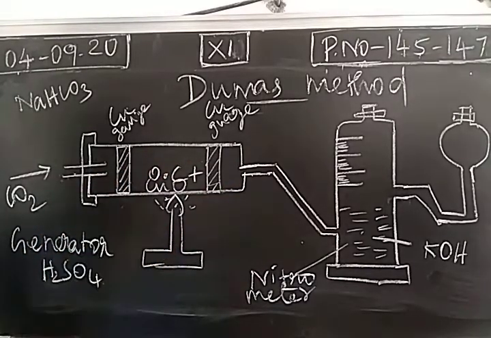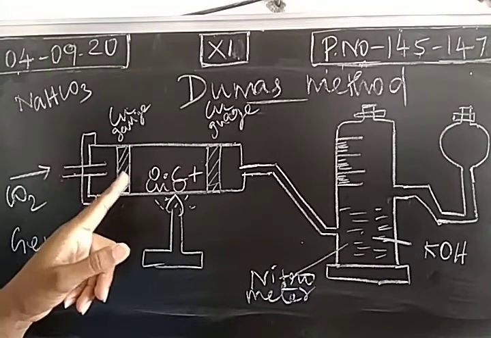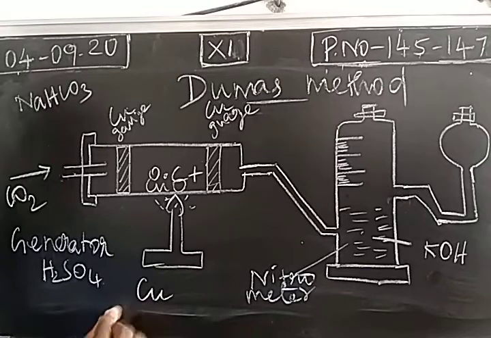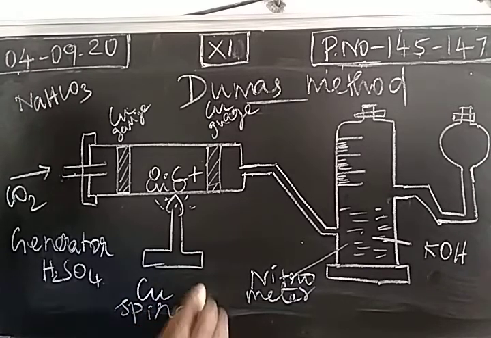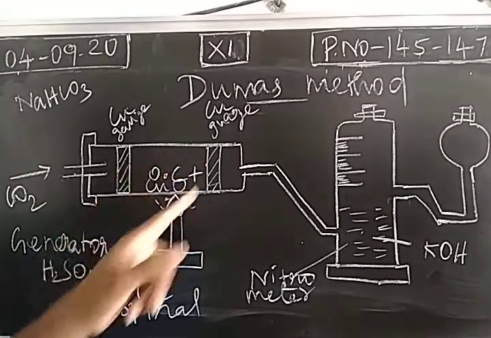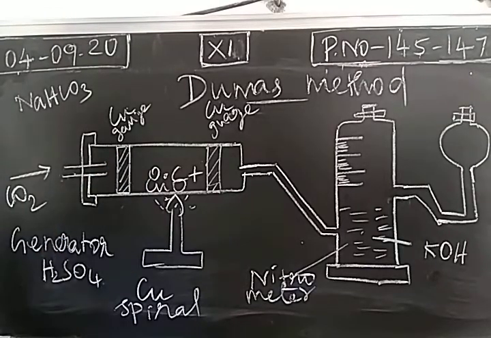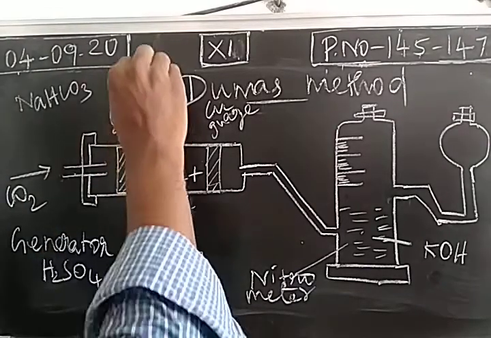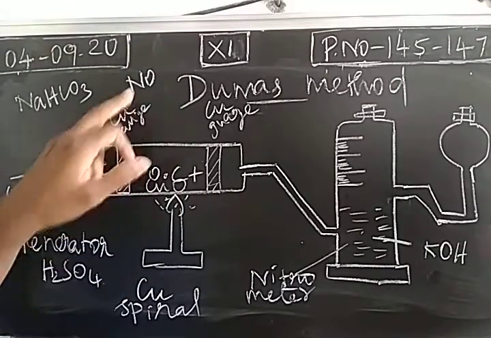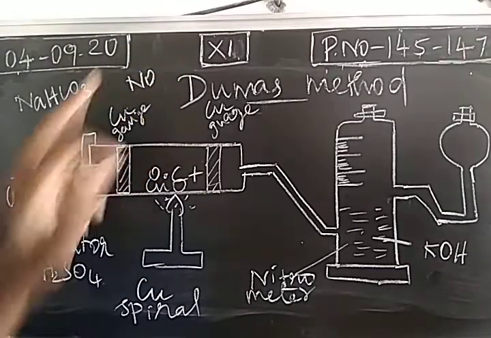So we just heat the combustion tube and we have a copper spiral. Okay, so the copper spiral will be there in the combustion tube. This is mainly used to remove the oxygen. For example, if nitrogen is present in the organic compound, it will form nitrogen-based oxides like nitric oxide and nitrogen dioxide. So we need only nitrogen. We don't want oxides of nitrogen.